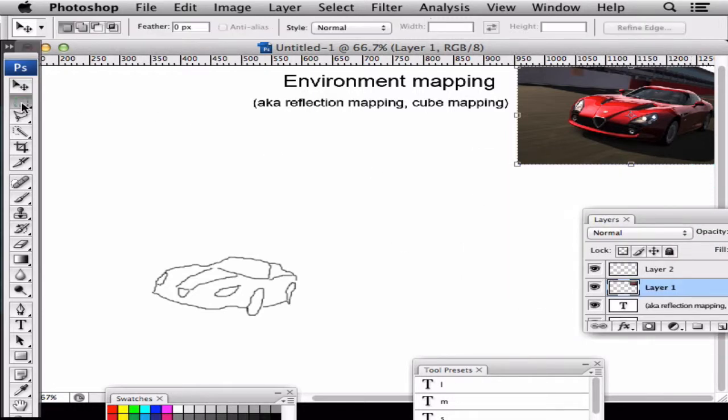Well, it kind of looks like a car. I wouldn't drive it. I wouldn't drive with the rear tire like that, but